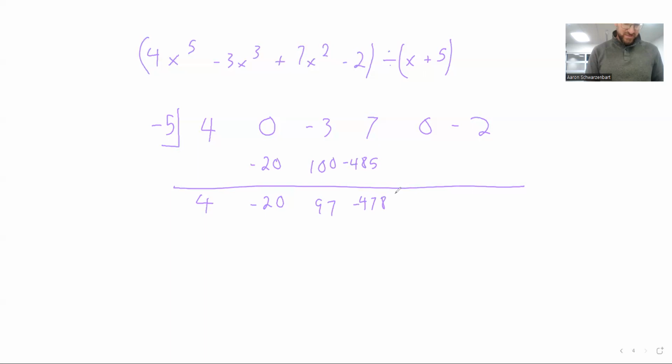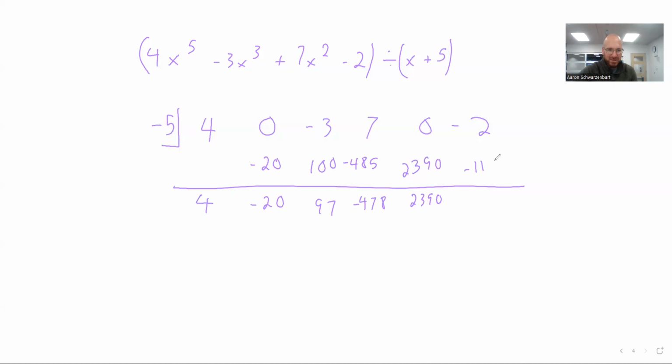Negative 478 times negative 5 is 2,390. That times negative 5 is